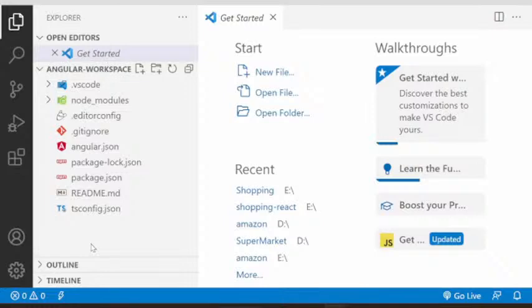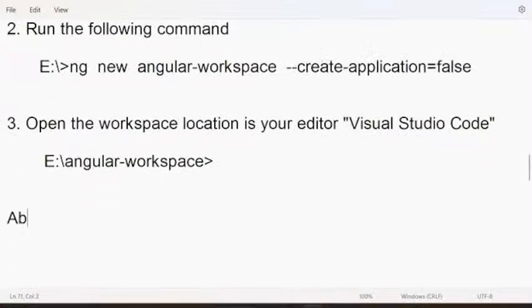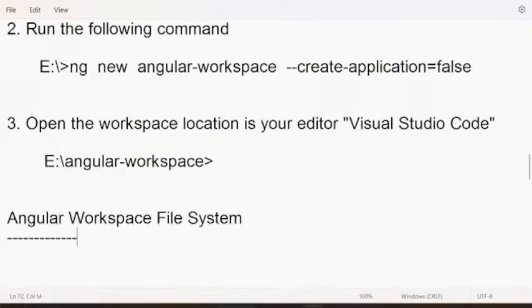First, we will see the Angular workspace file system. Let's see what this contains.